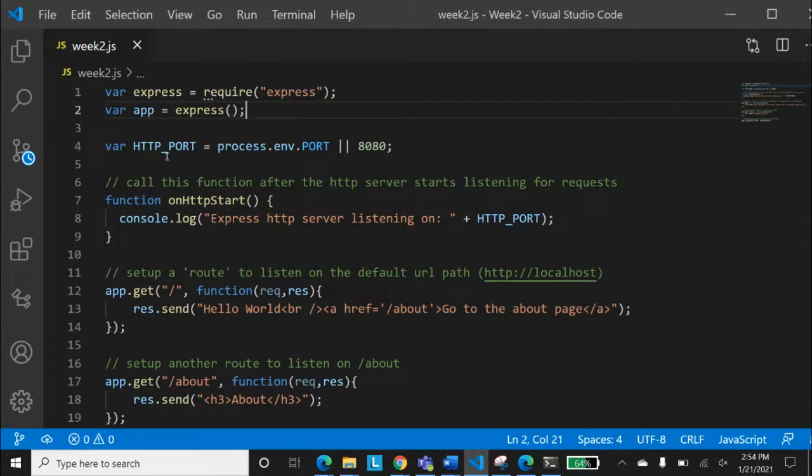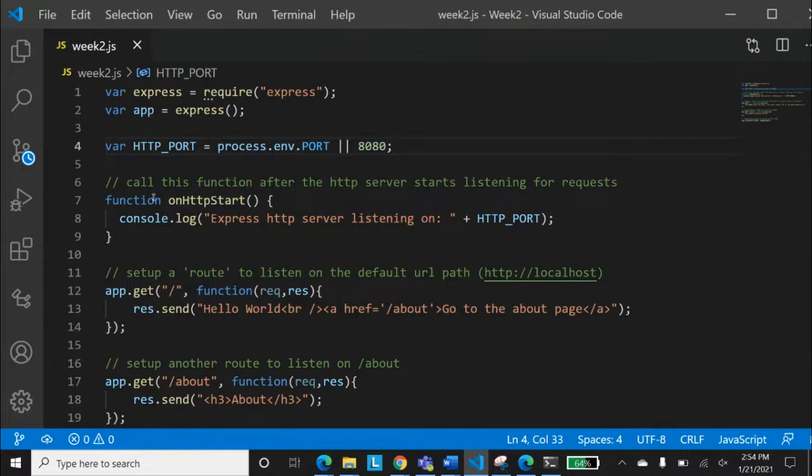Now HTTP port. Now port is very important. You see that port says process.env.port. So whatever port it is taking, first of all, it checks the environment. If that port is not available or something is happening, it provides some port, or else 8080. So in that sense, it's basically taking this 8080 port. Sometimes the 8080 might not be available, so it might run on some other port, randomly picked, or maybe the environment providing it. The environment is basically responsible for that.